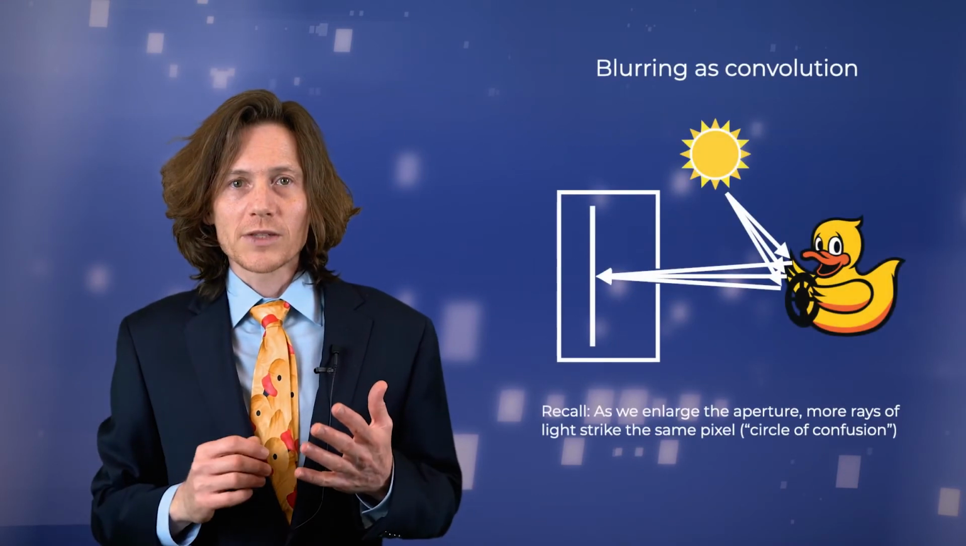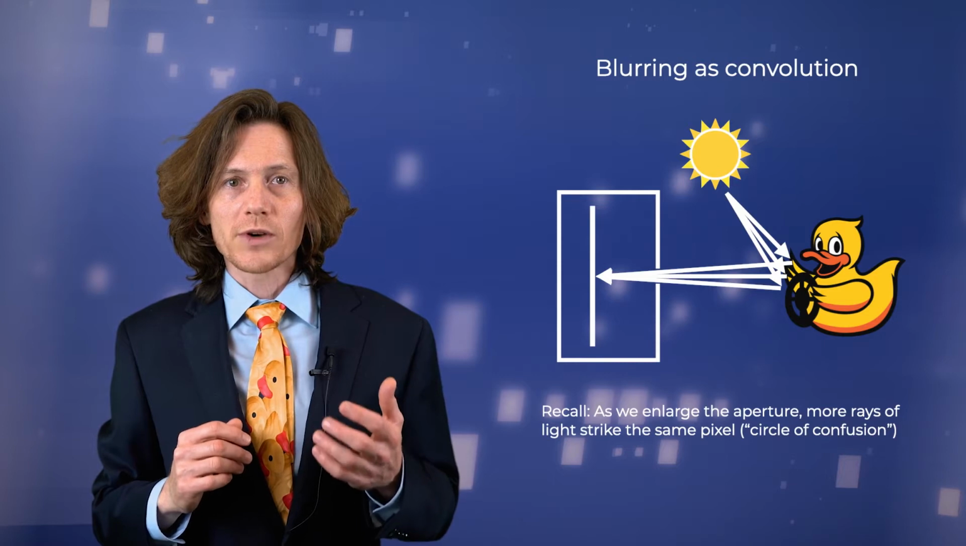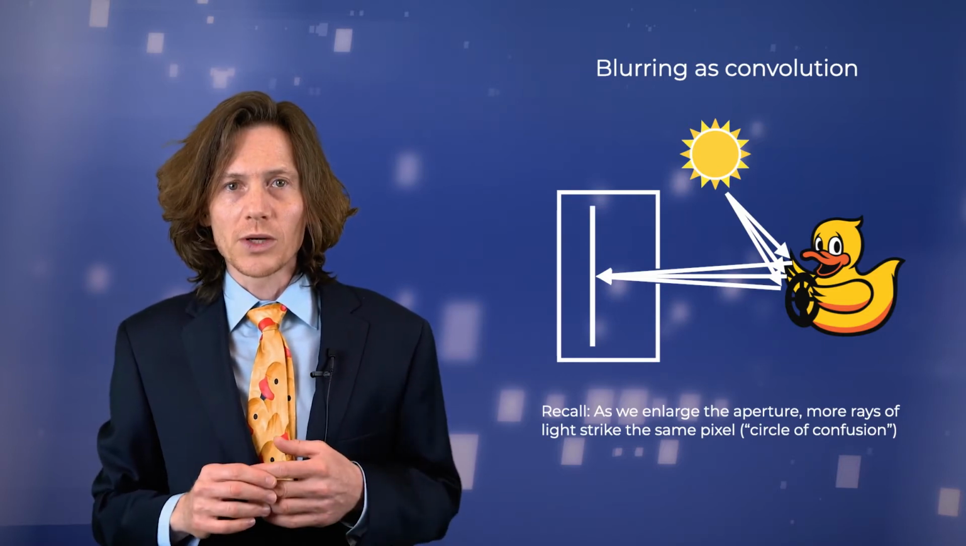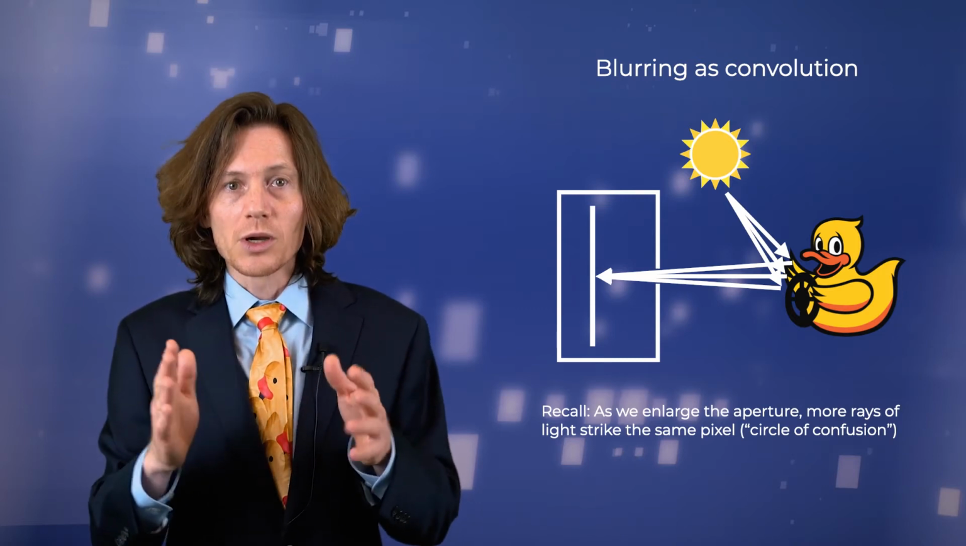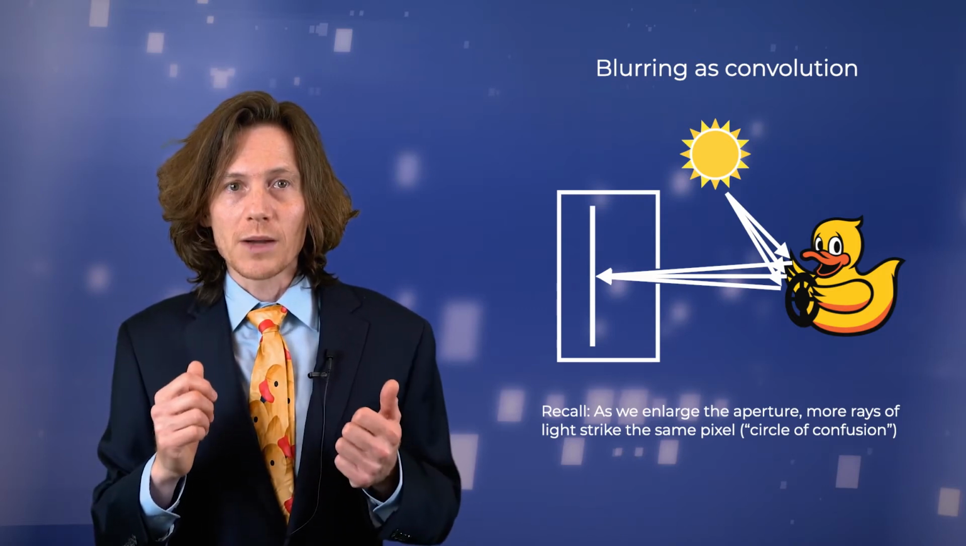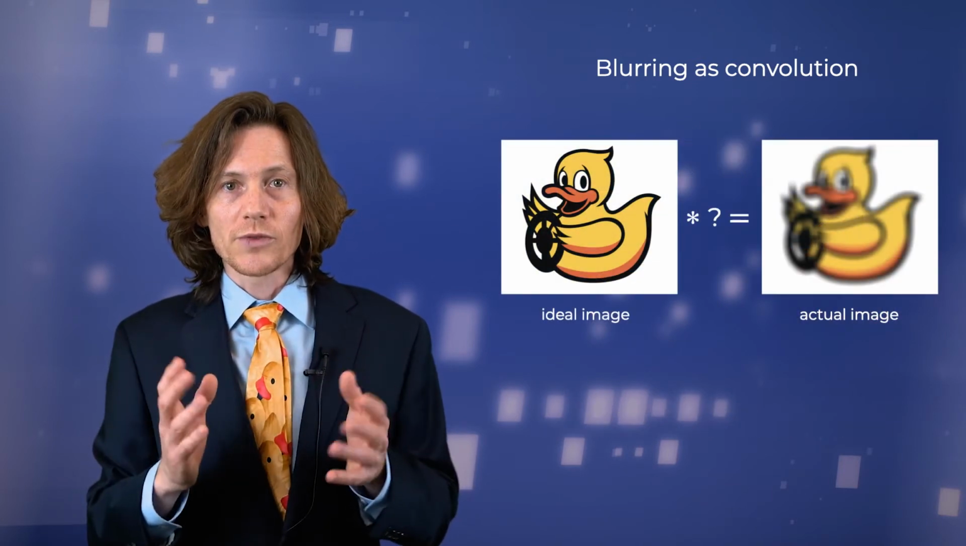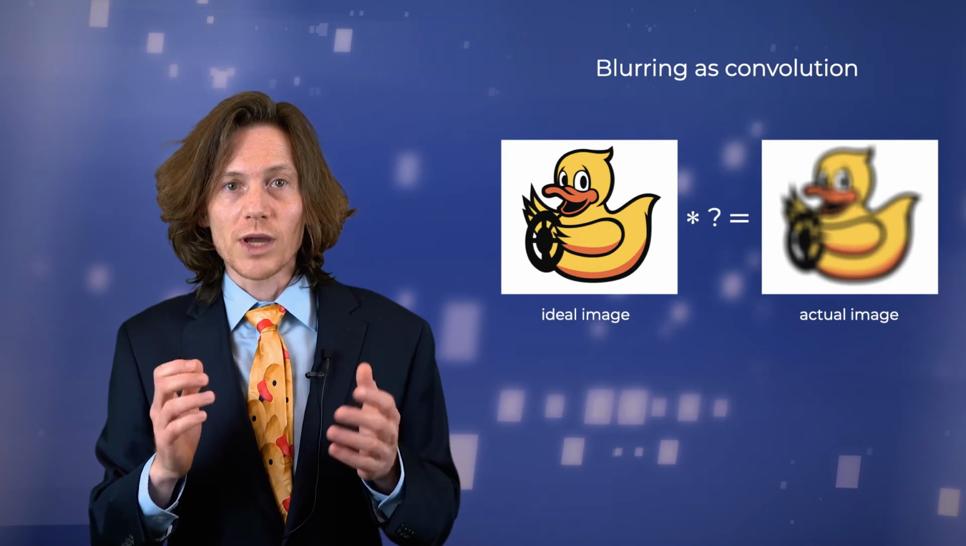Now, before we look at the effects of different kernels, it is worth pointing out that the process of acquiring an image can itself be thought of as a convolution. Recall from our derivation of the pinhole camera that as we enlarge the aperture, more light rays reflecting off different parts of the object will strike the same location on the sensor. The result is a blurred version of the ideal image that would be formed if each ray struck a unique